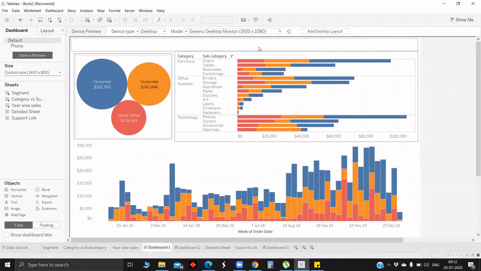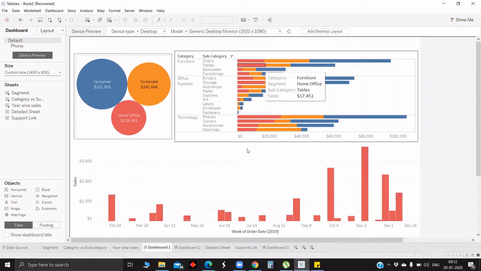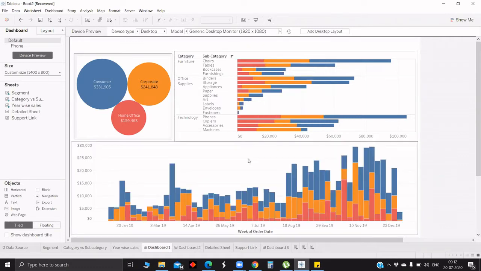So in the first level, we have decided the topmost should be horizontal, the middle should be horizontal, and the bottommost doesn't matter, horizontal or vertical. So this is the first level. Then we will go to the next level. Next, we will put the outermost three containers. Whether it should be horizontal or vertical, it should be a vertical. Why? Because we are controlling the height of the three compartments, 1, 2, 3.